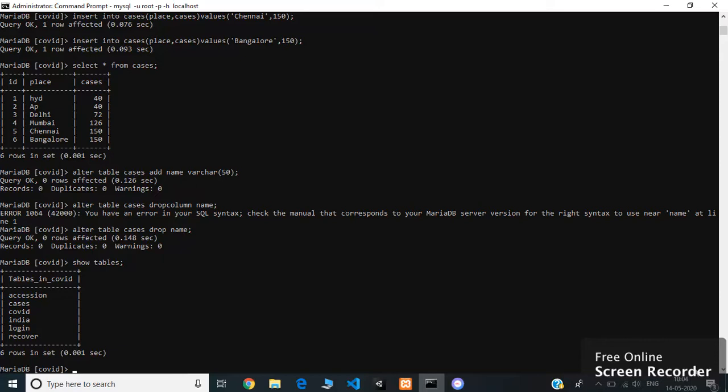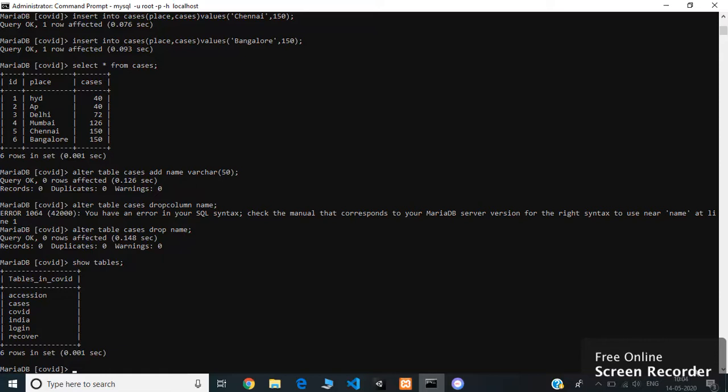In the previous videos, we have seen how you can connect to the XAMPP server, how you can create a database, how you can use that database, how you can create a table inside that database, and we've also seen how you can insert values into that database, right? And we've also seen how you can view the records in a particular table. So in this video, we're gonna see how you can alter a particular table.